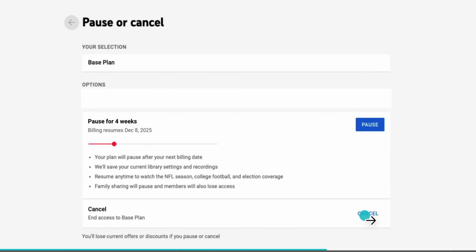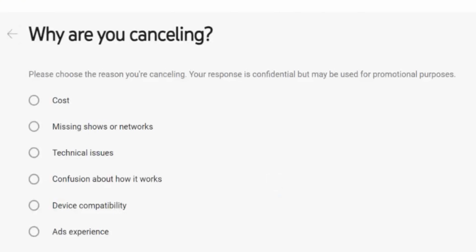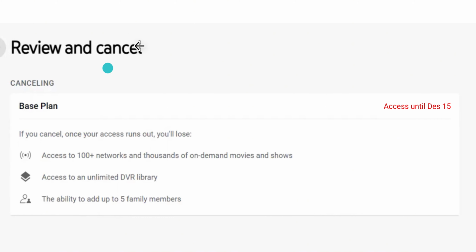on cancel. And here you can just choose and click on any reason for your cancellation. It doesn't matter. And then look at the bottom right of your screen and then click right here on continue canceling. And then on the screen on review and cancel, this date is the last date you can use your YouTube TV free trial. And again, you can go to the bottom right of your screen and then click right